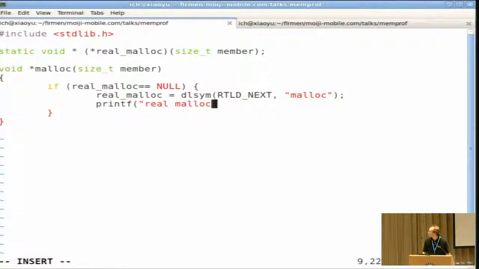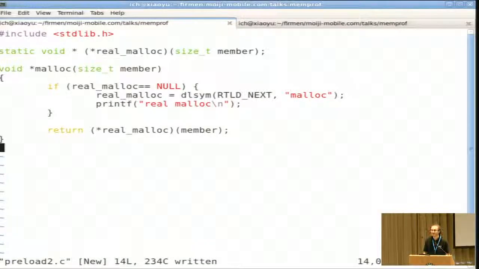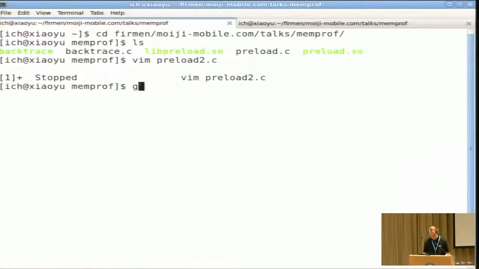So I can write real_malloc here, and at the end I'm just calling the real malloc function with my number, and then I need to compile it as a shared library. I'm calling it libpremalloc2.so. One has to use position independent code because we're preloading, and then I'm handing it the